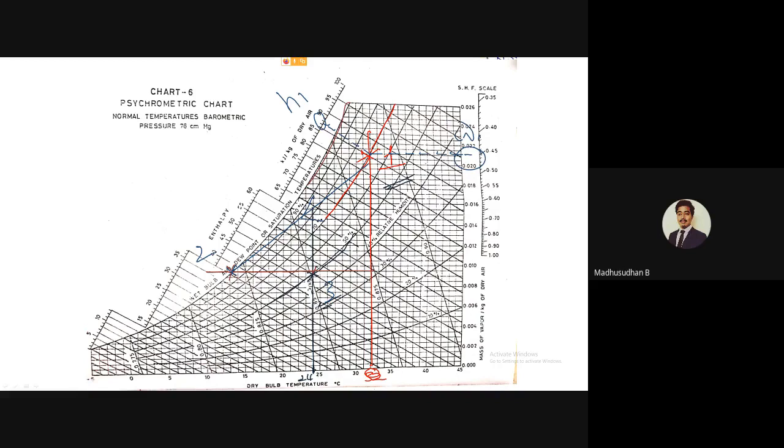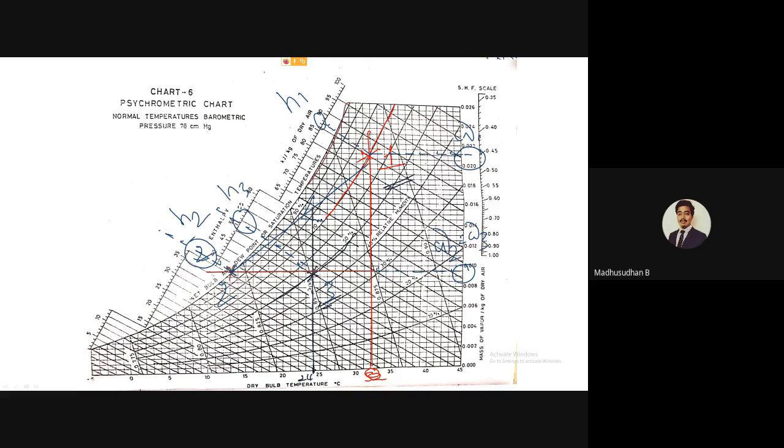Similarly, if you want enthalpy at state 2, what you have to do? You have to extend this like this. So this particular value is your H2. If you want H3, extend this along the isoenthalpic lines like this. As I am doing now, I am extending it. So this particular value would be your H3. So omega 2 is equal to omega 3 since it is a horizontal line. So extend it. So this particular value would be your omega 2, which is also equal to omega 3.